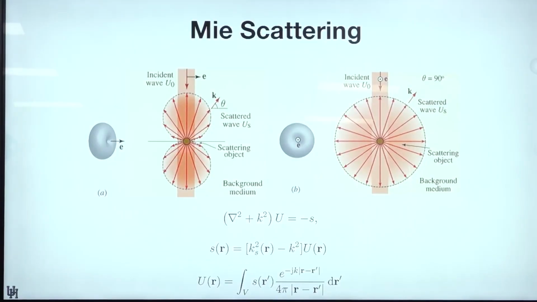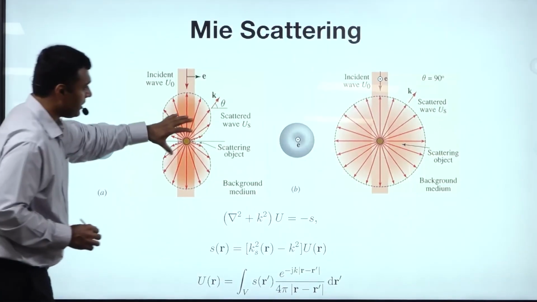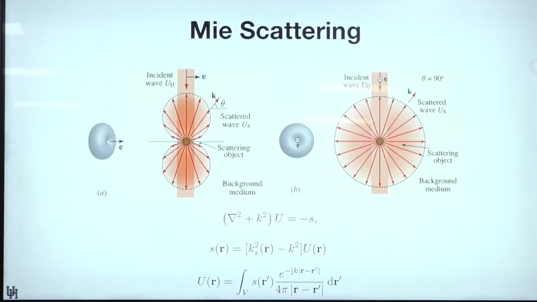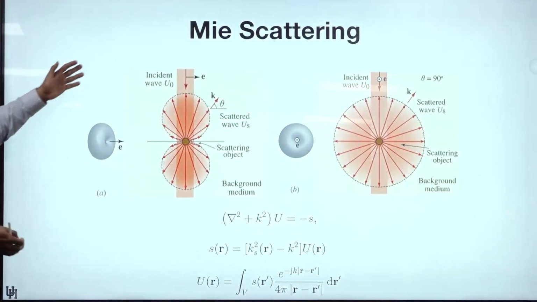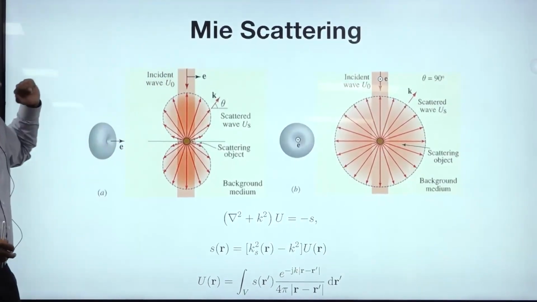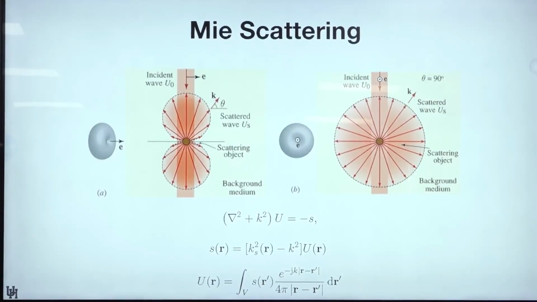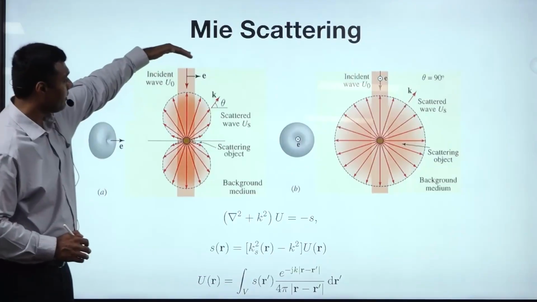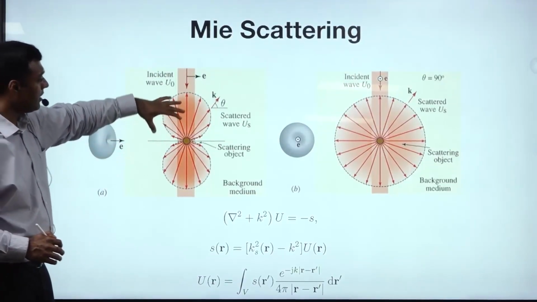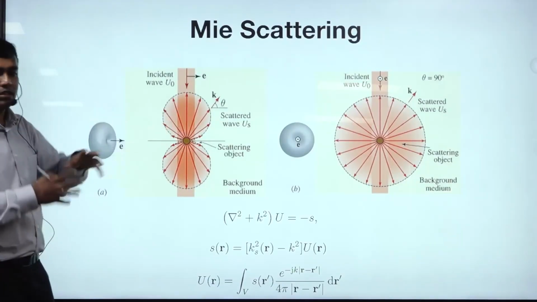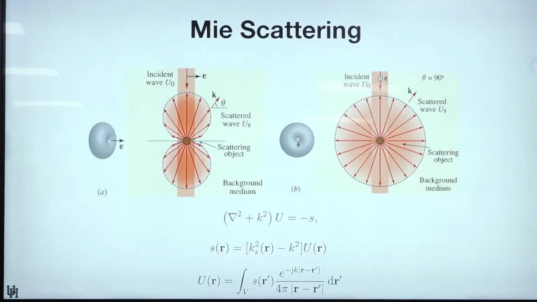So in general, scattering is not an easy problem to solve, but if you have a sphere, a ball, even if it is bigger than the wavelength of light, then a scientist by the name Mie, over 100 years ago, figured out how light scatters. The theory is called Mie scattering theory, where light is incident on an object. It turns out that if the object is like a sphere but relatively big, not of the same order of magnitude as the wavelength, but slightly bigger,